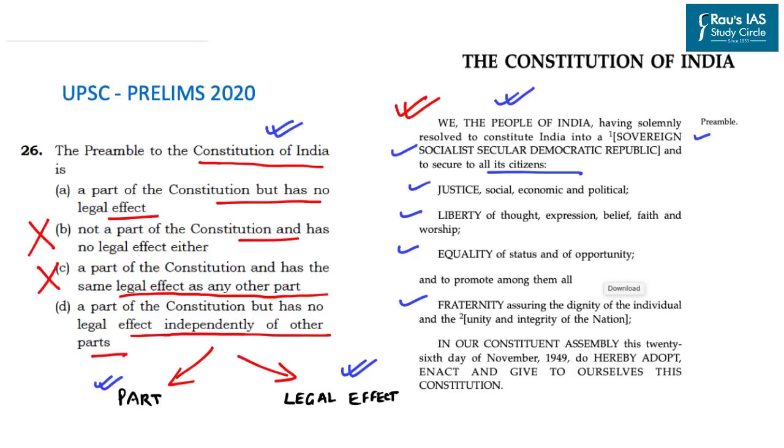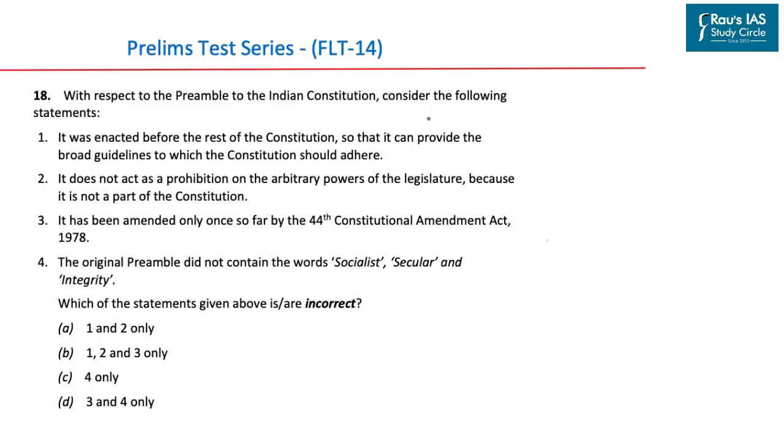Now this aspect becomes more interesting, and when we compare the options between A and D, the fourth option, that is D, seems to be more appropriate. So in this, the correct answer becomes D. That is, the preamble to the Constitution of India is a part of the Constitution but has no legal effect independently of other parts. Now, these ideas were also asked in the full length test of the prelims test series